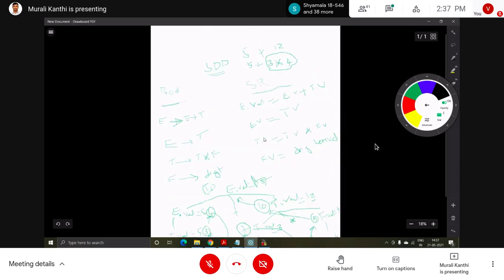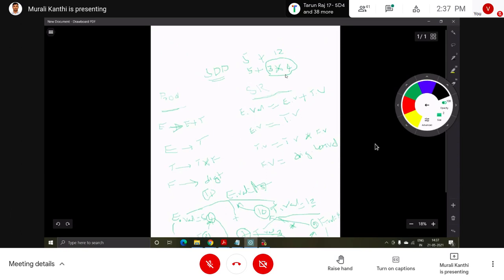The result here is 17. Okay, so here plus or star, which one is the highest precedence operator? Star is the highest precedence operator. Okay, so this is performed first, later this plus is performed between the results.